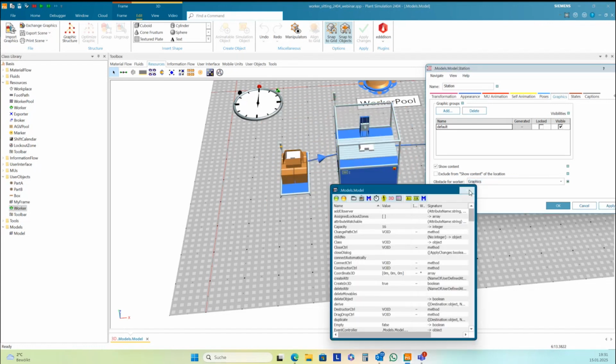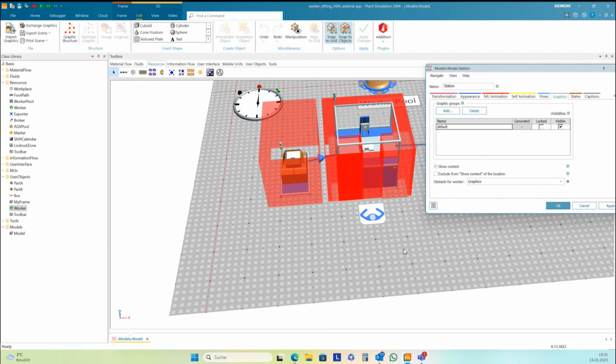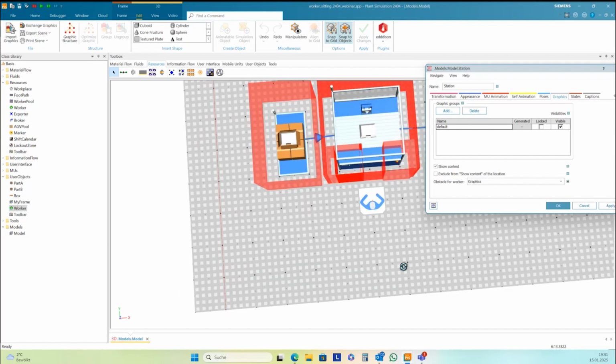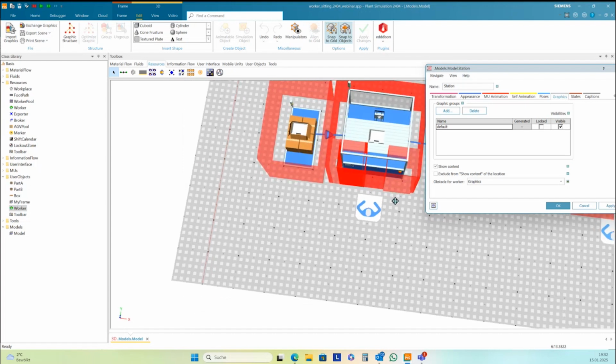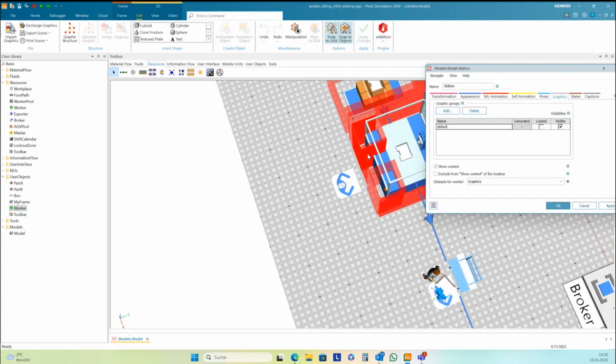In this case, it's not a big difference. Now it's graphics. You see there are several graphics here, and each graphic has its own box. This is graphics. This may cause another shape of the obstacle. You see here you now have several obstacles because there are several graphics, and